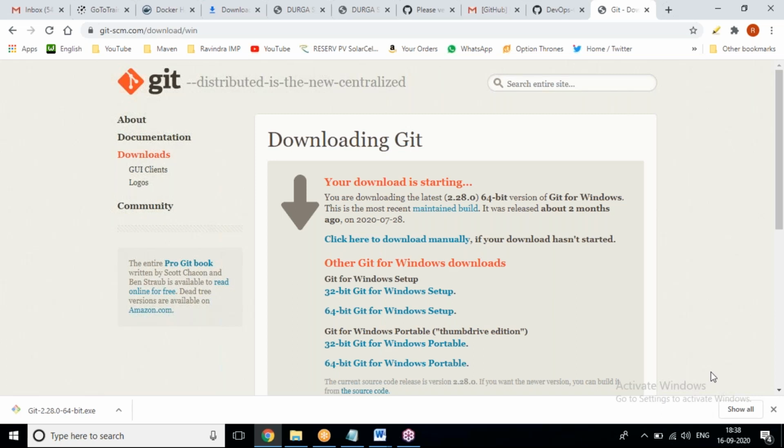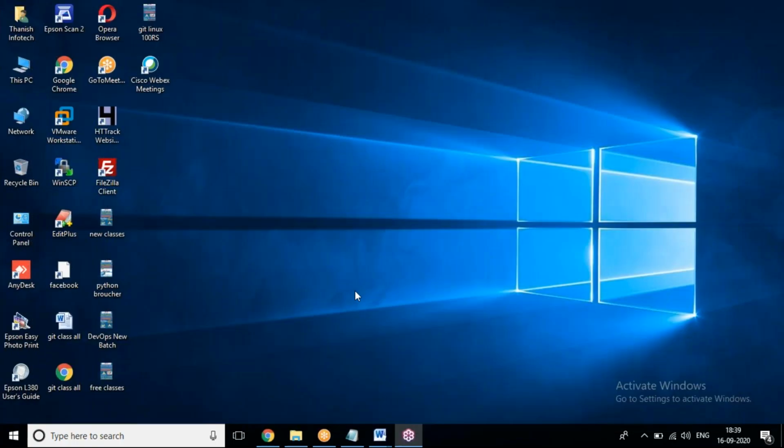Now apt-get install git -y. Just wait, I'll show you.